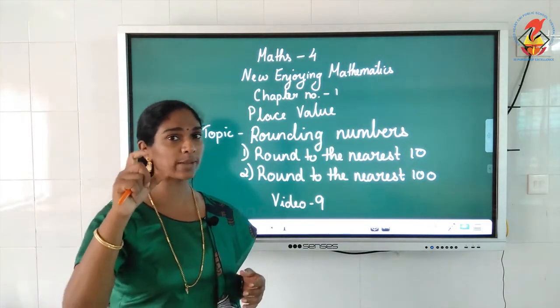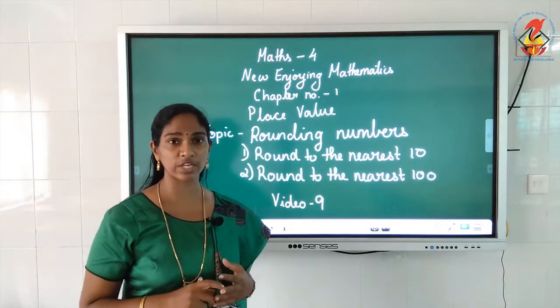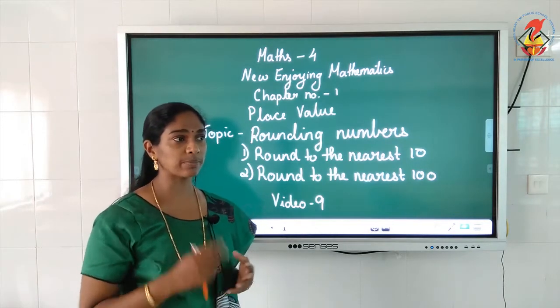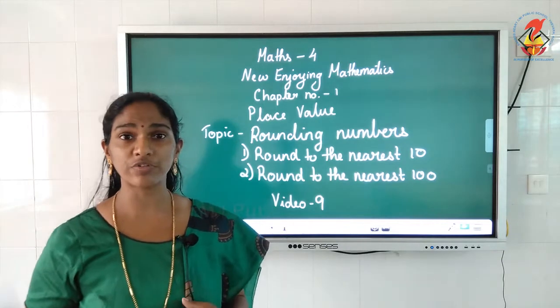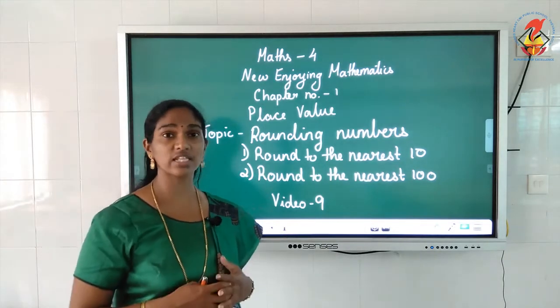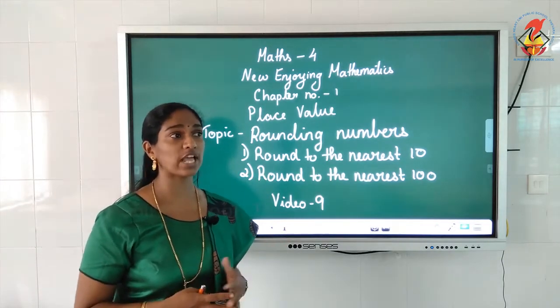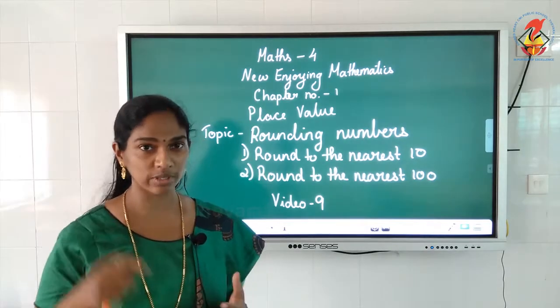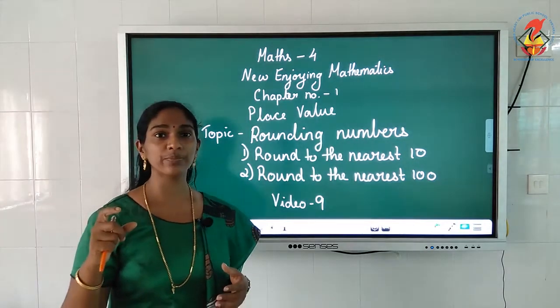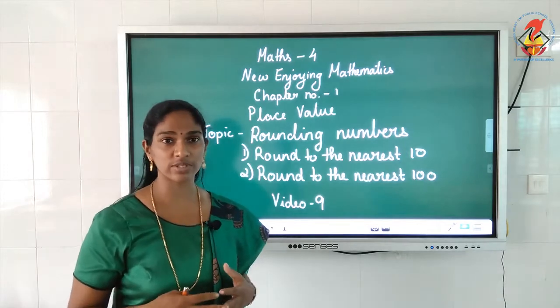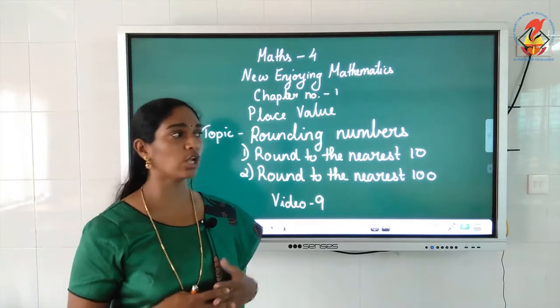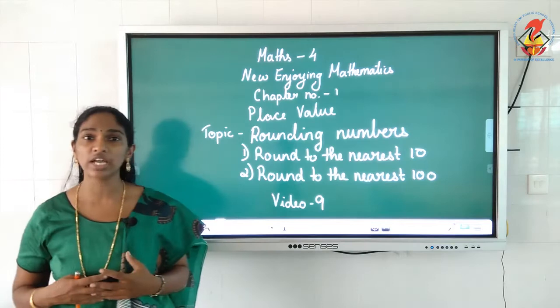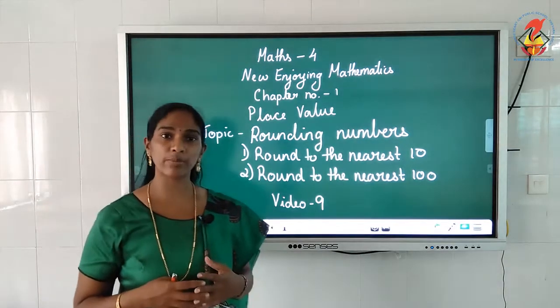So you heard that word, about. In the first sentence I also used that word about. What was that? That person's height is about 150 centimeters. Then in the second sentence I also used it: the elephant is about 200 kilograms. See, you heard that word about over there. We are not sure about its value, isn't it? We don't know how much is the height of the person, or the weight of the elephant. So we use the word about over there.